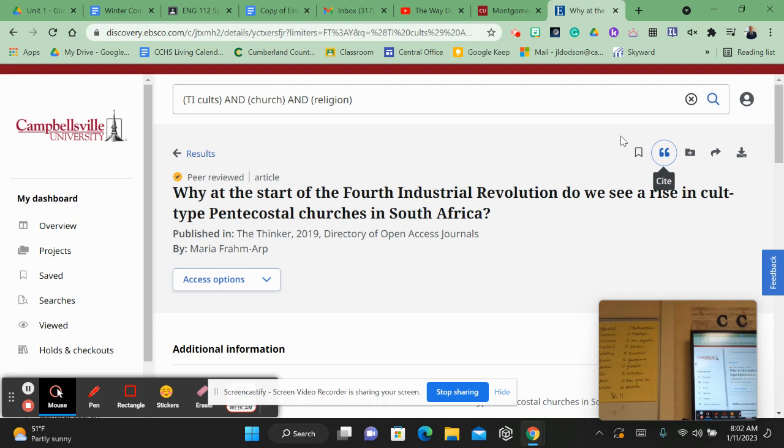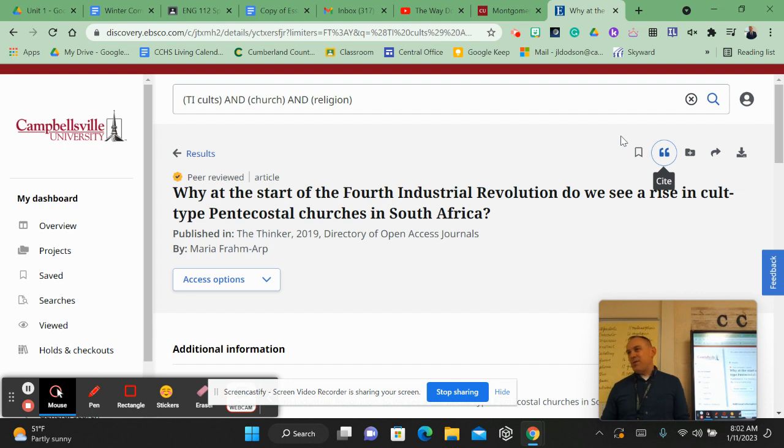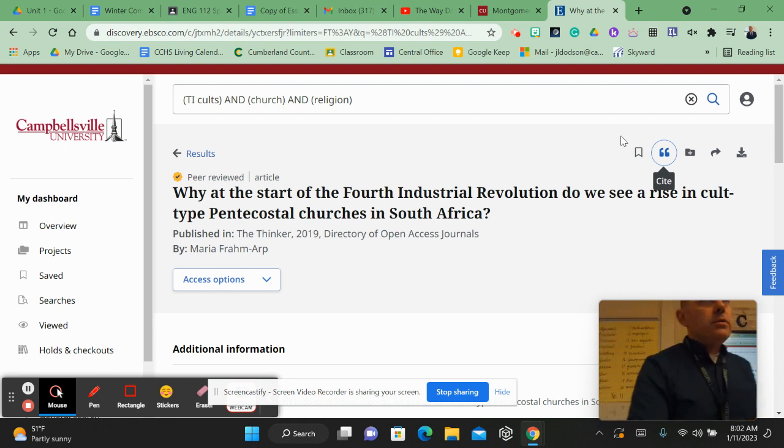So don't misinterpret this template as being a 5-paragraph model. Probably this is more like a shorter paragraphs with more development within subheadings kind of paper. So that might end up being 10 to 15 paragraphs. How many words do you have to write for essay 1? How many? 1,000. 1,000 words. So to get to 1,000 words, it's got to be more than 5 paragraphs. So if I use this model, I've got 3, 6, 9, 12, and then a conclusion, 13, 14 paragraphs to get to 1,000 words.